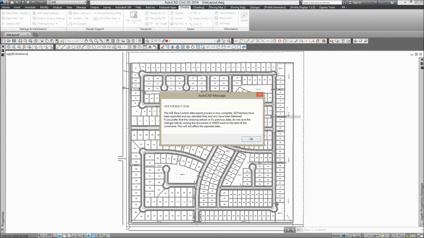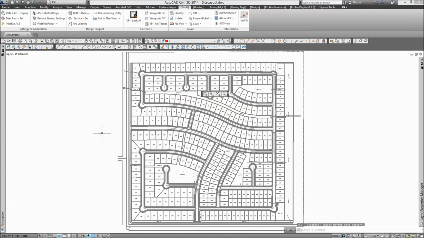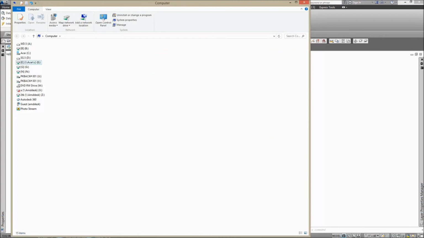So keep that in mind when you're determining which drawing is going to be used for defining your base map control. If your files are sensitive and have polylines on those layers that need to be preserved, then you should create a dedicated drawing for this purpose. After you click OK, the process is complete. And if you were to browse to your ASC data folder,